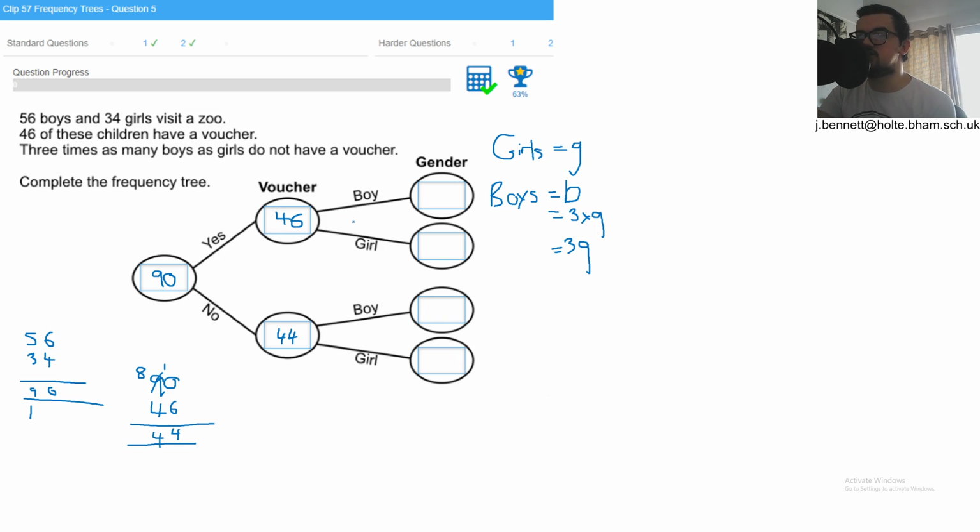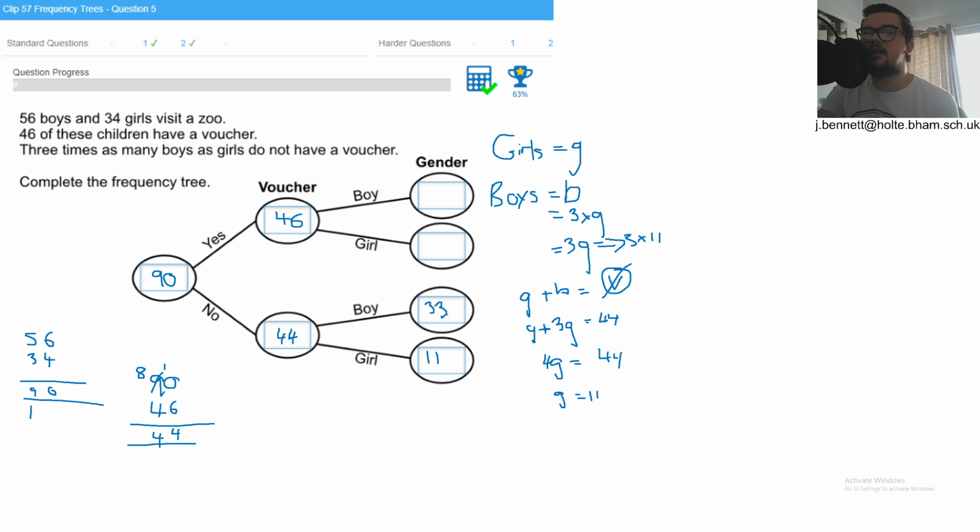So if we look at our no vouchers, 3 times as many boys as girls don't have vouchers, so we can say that G plus B equals not having a voucher. How many don't have a voucher? Well, we found that out, it's 44. We can sub in our value of B as 3G, so G plus 3G is 44, or 4G is 44, therefore G equals 11. So we can say that 11 girls don't have a voucher, and 3G, which is going to be 3 times 11,